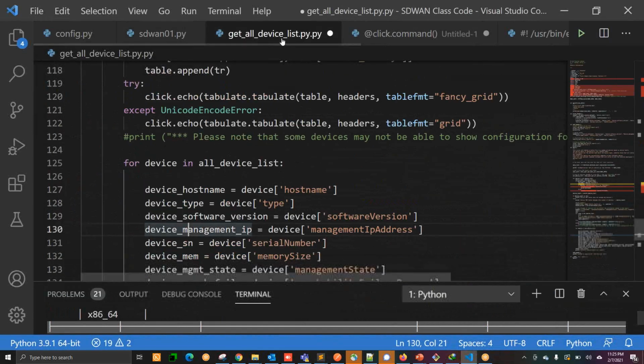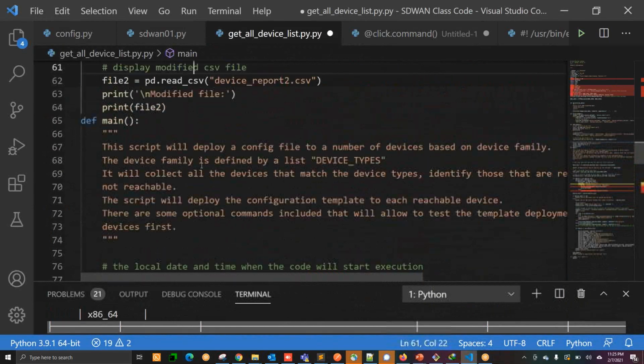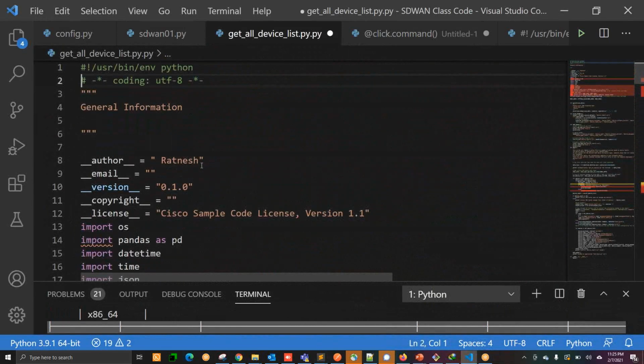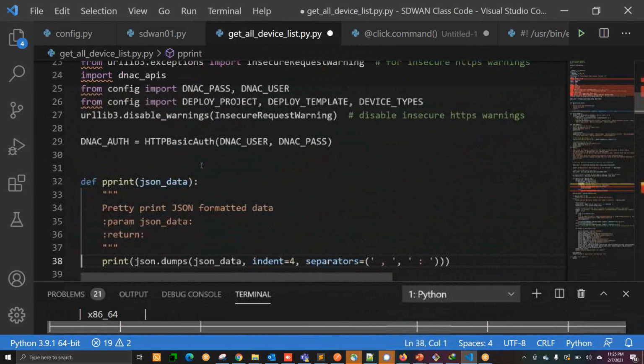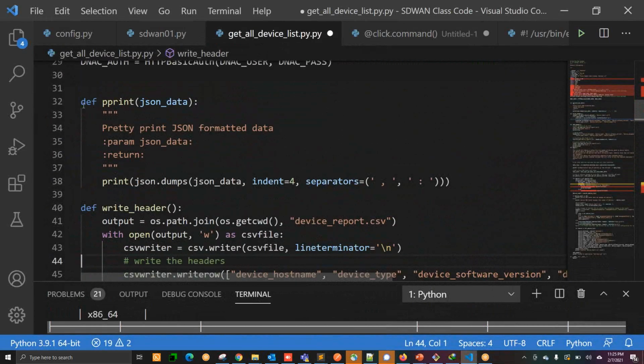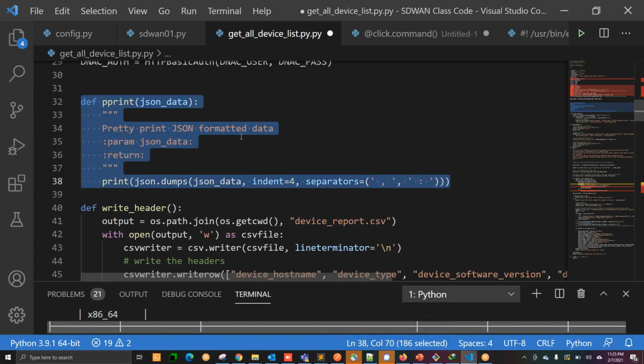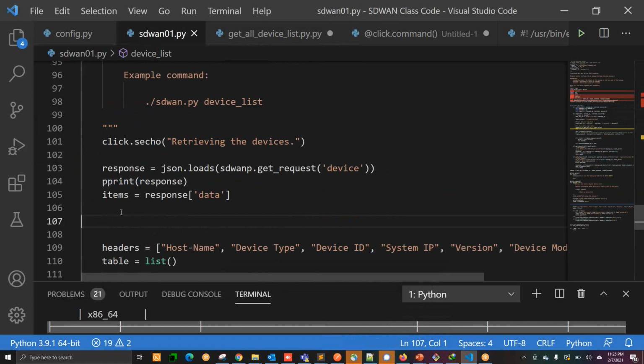So what does it mean? It means that I have one function here. Let me copy from my older program. See, I have one function defined as def pprint. This is my defined function. Simply I can copy this and go back here.